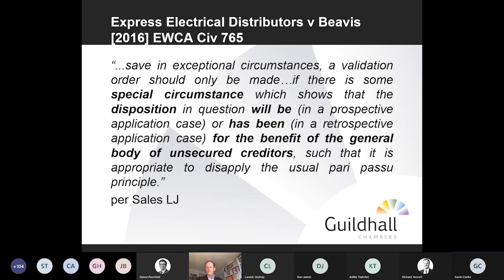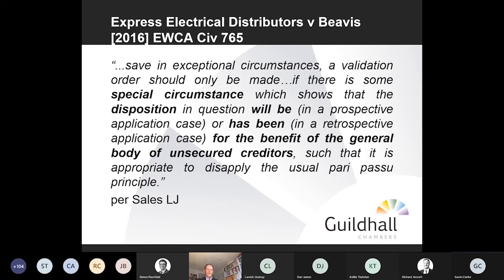The payment had been made well within the payment terms. There was no evidence that there was anything particularly advantageous for creditors generally. It wasn't a particularly profitable contract, for example. So in that scenario, Lord Justice Sales looked at the prevailing rule in Gray's Inn, and what he said was he couldn't understand why in that situation the court had accepted as a bold proposition that the disposition carried out in good faith in the ordinary course of business should be validated.